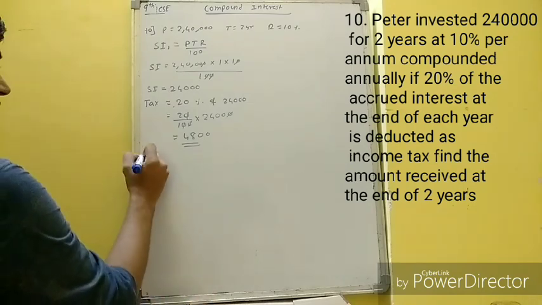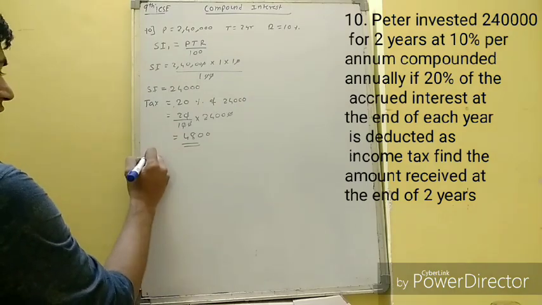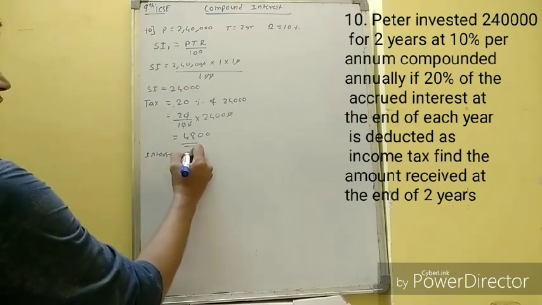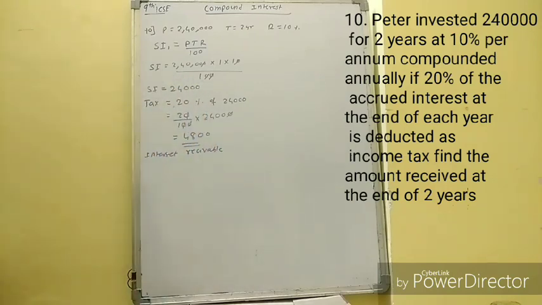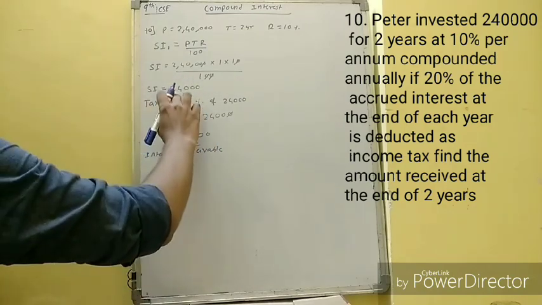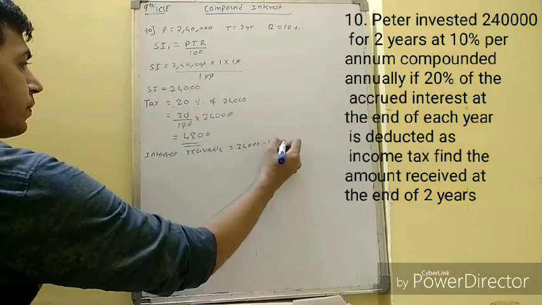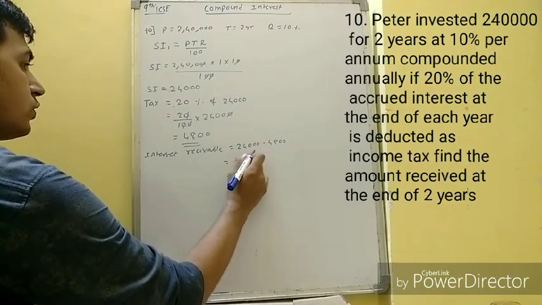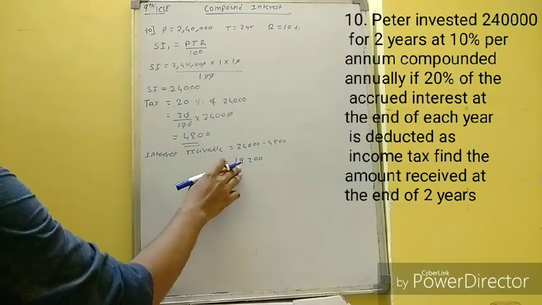So what is the interest? Therefore, interest carried or interest receivable. So our 24,000 will not be receivable to us. Receivable will be 24,000 minus 4,800. So it will be 19,200. Okay, 19,200 will be receivable to us. So this amount will be carried.